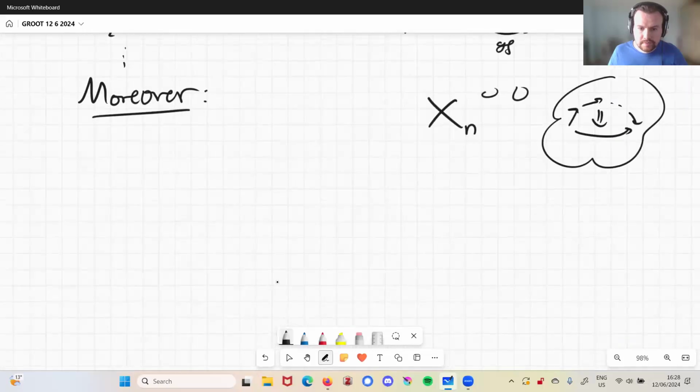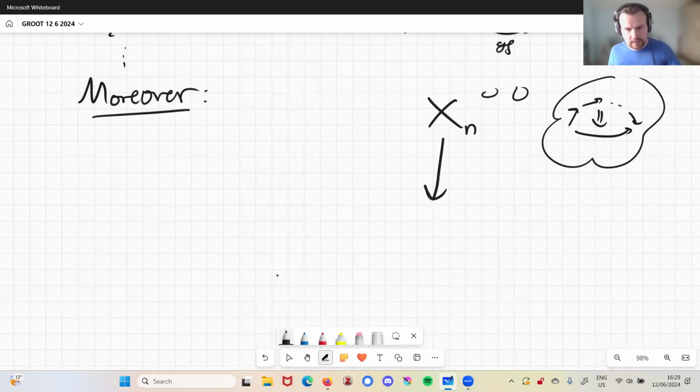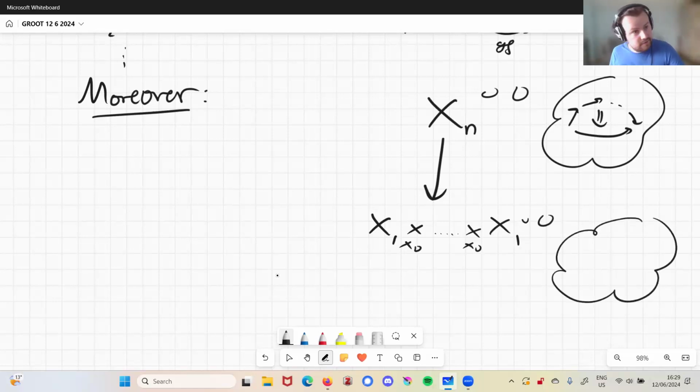So back to this point, we should expect some structure from this functor from delta op into infinity n minus 1 categories. So consider Xn, the infinity n minus 1 category of composites of n morphisms. And now let's look at this, which is X1 pulled back over X0, and then another X1 pulled back over X0, another X1 pulled back over X0, and X1 again. This is again an infinity n minus 1 category. They're preserved by pullbacks. And we should see this as the space of chains of length n without a composite. And what this downwards map is doing is forgetting the composition.